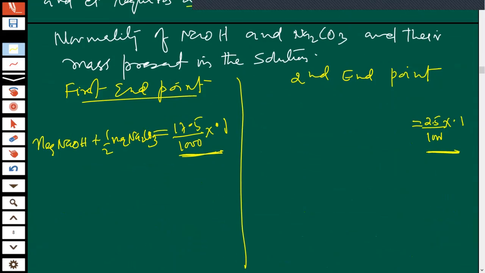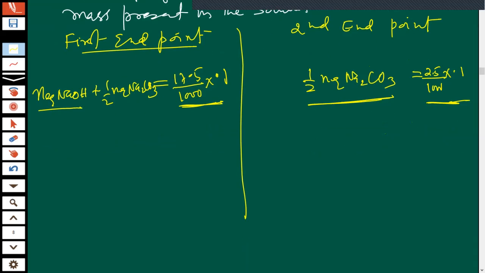Now what is the left item in the solution? Number of equivalents of total HCl equals NaOH and half Na2CO3 is consumed, no? Half Na2CO3 only. Half number of equivalents of Na2CO3 is left. Did you understand, children? Okay. Now what we can do? So it means this equivalent is half equivalent of Na2CO3. So solve first this equation, second endpoint.